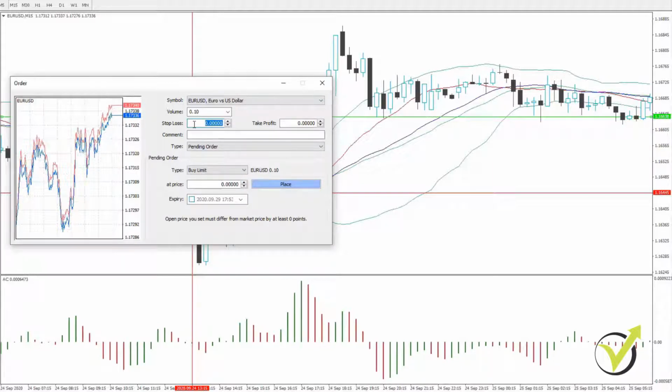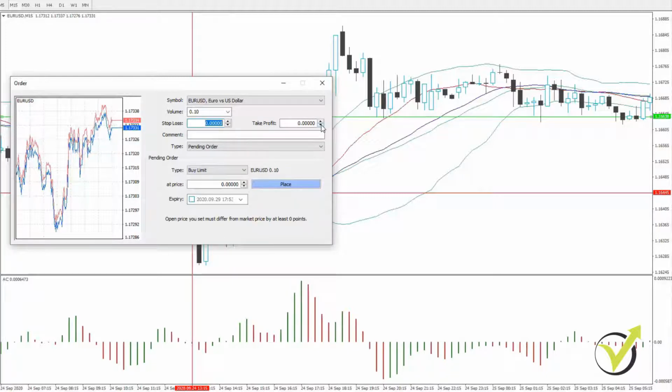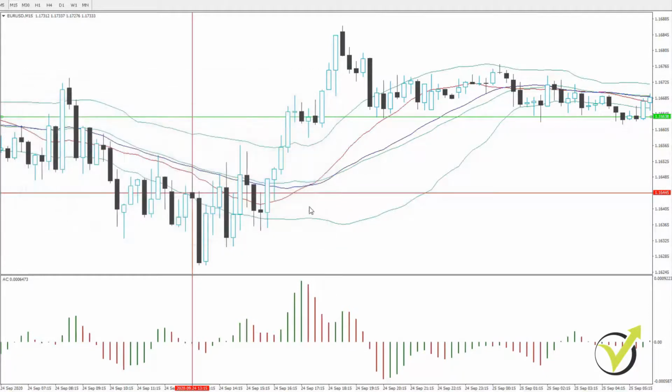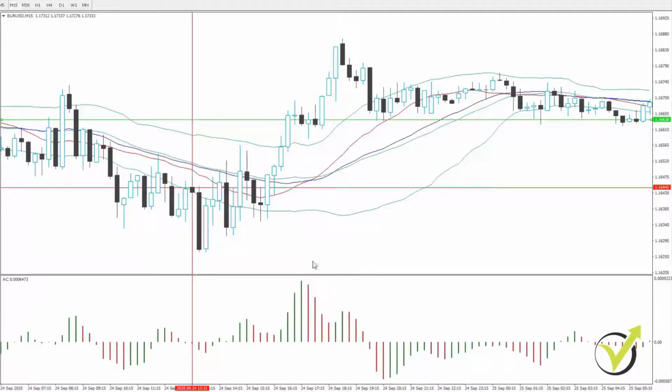For the beginners, the stop loss is the level at which we want to stop the loss, or in other words, to exit the trade if we are in a loss, and the take profit is the level at which we would like to take our profit, or to close the trade if we are in profit. So for example, if we enter at 116.44, we can put a stop loss at 116.25, take profit at 116.80 or anything like that.